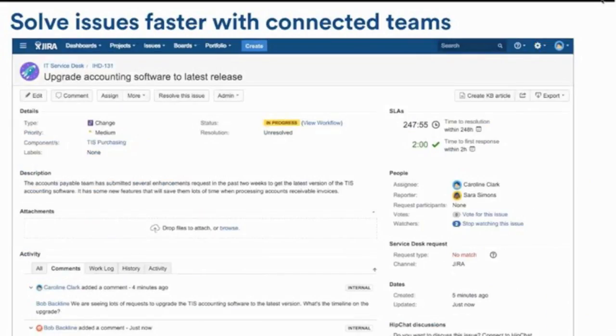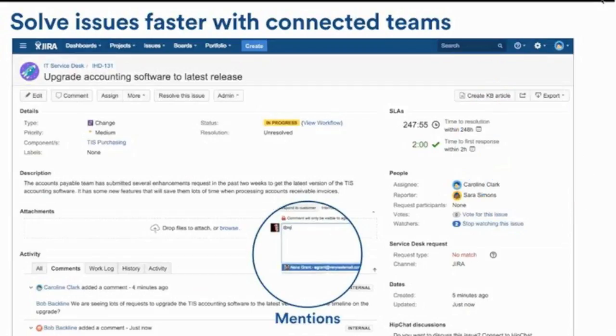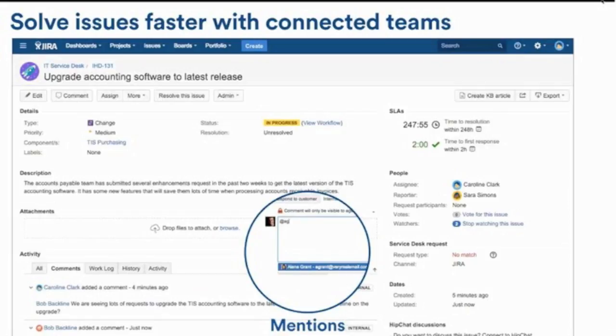We can also solve issues faster with connected teams. As I said earlier, collaboration is another aspect that our customers love about the product, meaning that I can simply go in and do a share. I'm on a request here, and we're getting ready to do this upgrade. It's a change request. I want to bring some other people in so they're aware of it, so I can simply share it out with someone. I can make mentions and simply do an @ Alana,